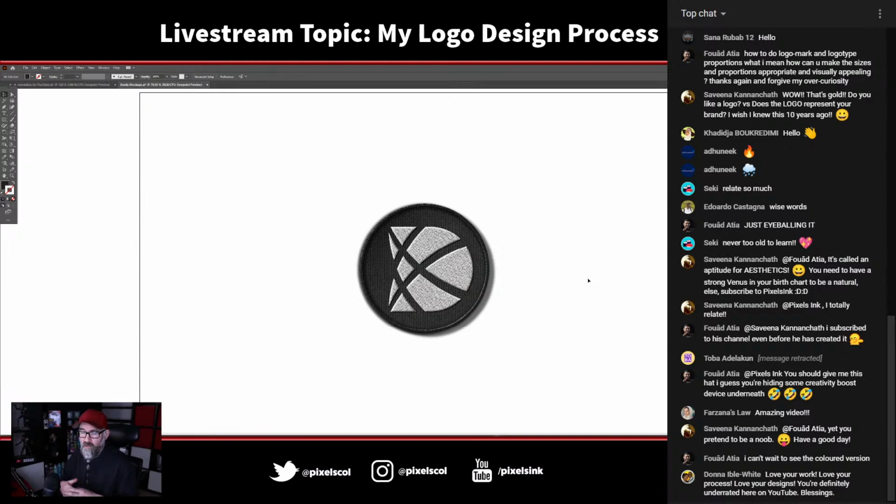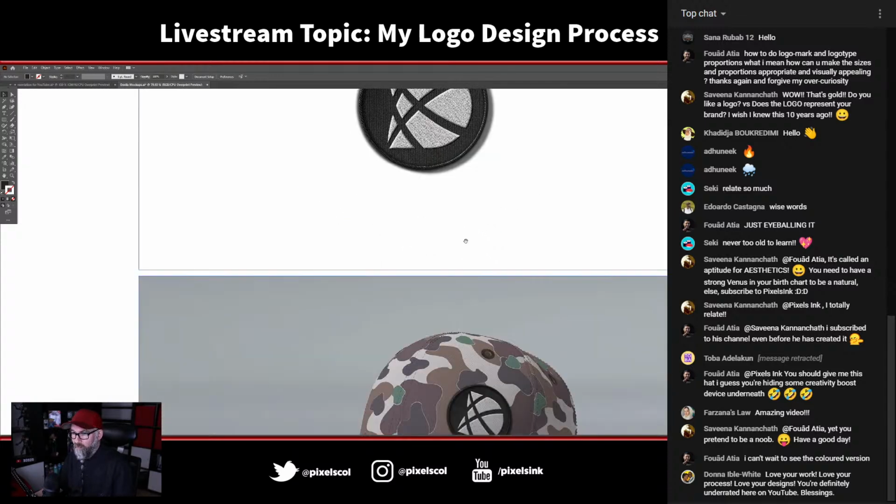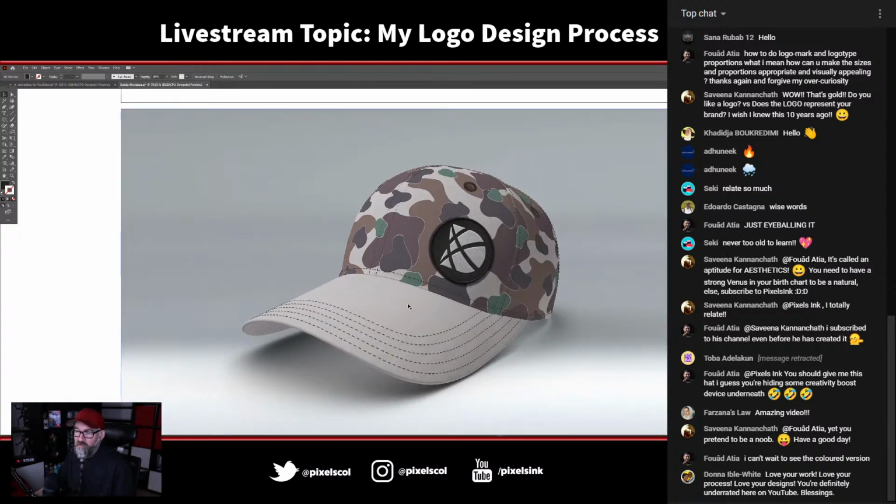But he asked, is there any way you could show some more camouflage type stuff, and more of an embroidered patch, could he see a patch? And so I found a Photoshop action that allowed me to mock up a semi-decent embroidered look patch, and I was able to put it onto